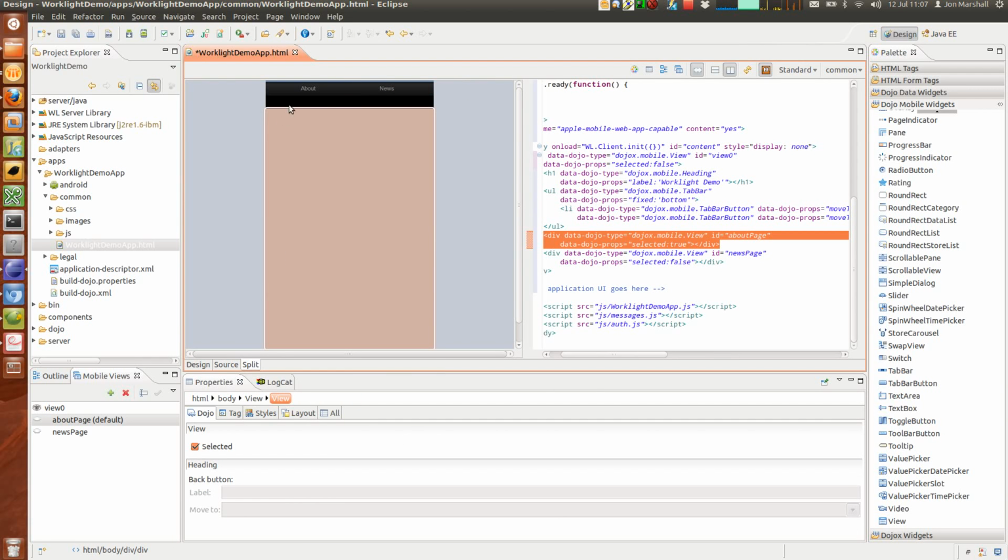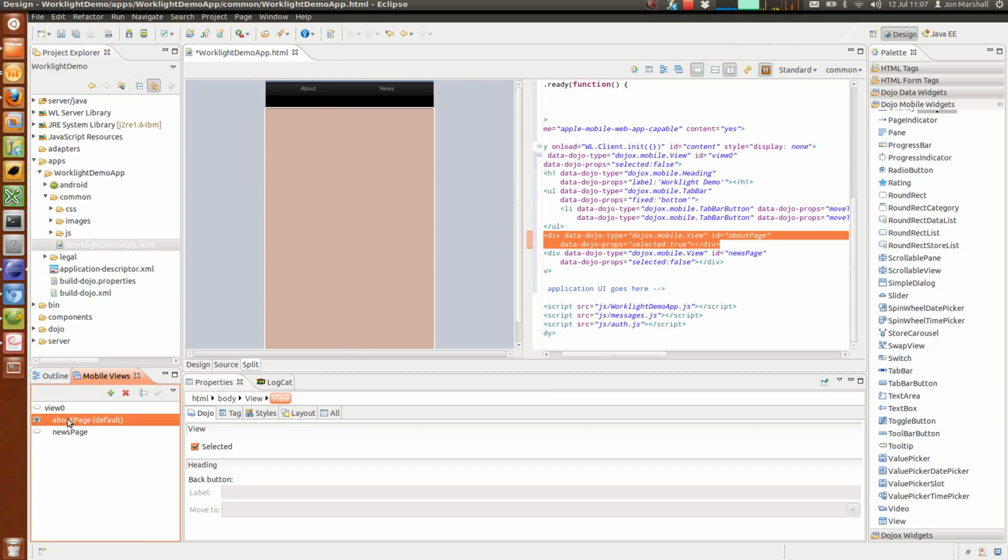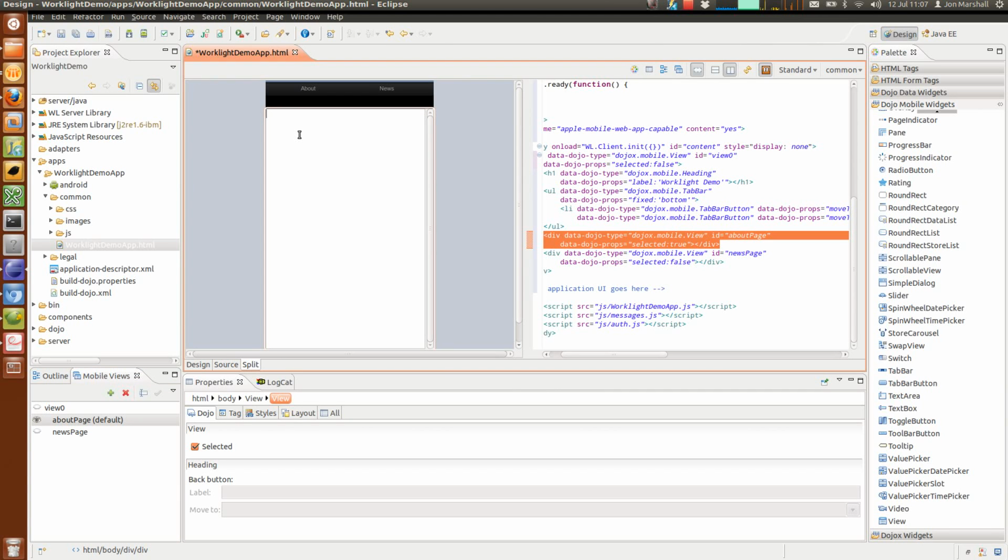So a couple of slide transitions. So that's the basic structure of an app, really. I'm going to go to the About page. I'm going to put something in there so we can at least see that transition. Welcome to my Worklight demo